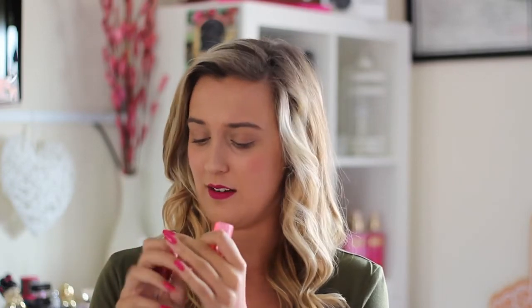The next question is most disappointing lip product. I kind of had to think about this one for a while because I didn't really feel like I could find anything in my collection, because I tend to throw them away if they're disappointing. But then I did remember about these, and they are the Revlon Colourburst lip butters, and I have 2. I have the shade Strawberry Shortcake, which is a really, really bright pink colour in the tube, but it doesn't really come out like that on the lips. And then I have Berry Smoothie, and this one is a lot darker,